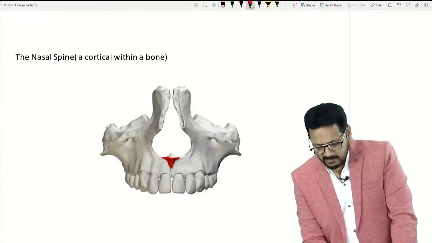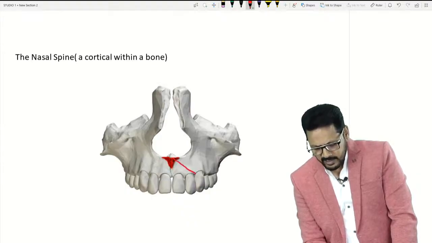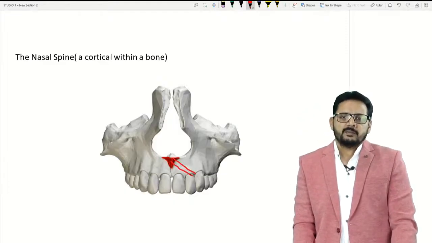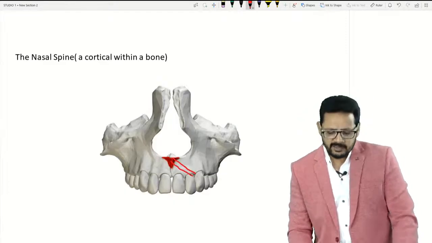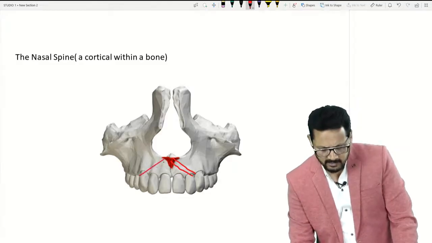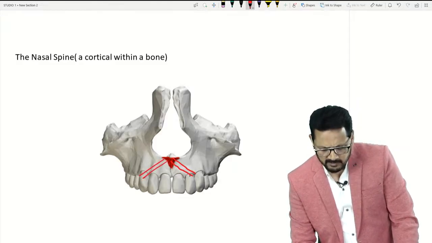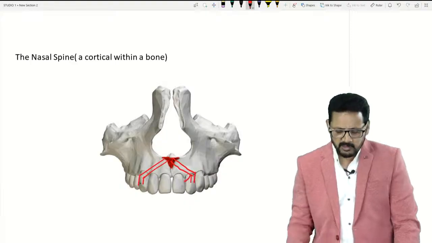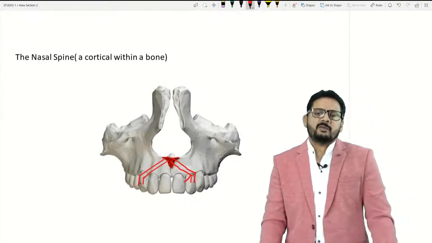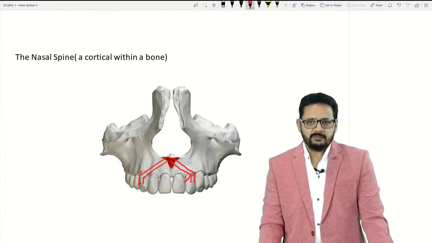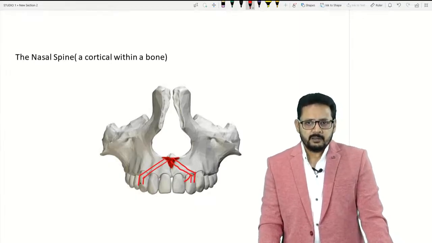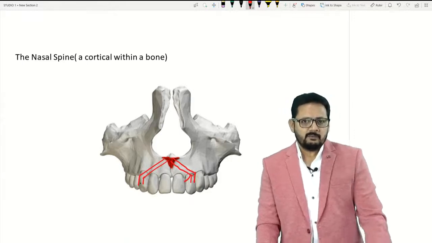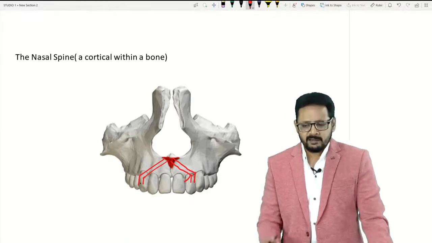My point was telling you that you can always approach this from the lateral aspect like this. You can put an implant like this, taking advantage of the nasal spine on either side like this, and you can always bend the abutment in whichever desired direction you want. You can always bend your abutments in the desired direction. So in this way you can place implants by utilizing the anterior nasal spine. Okay,